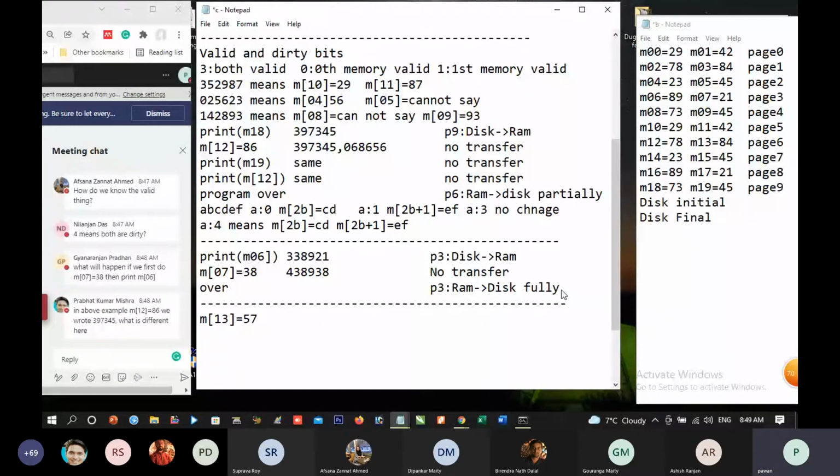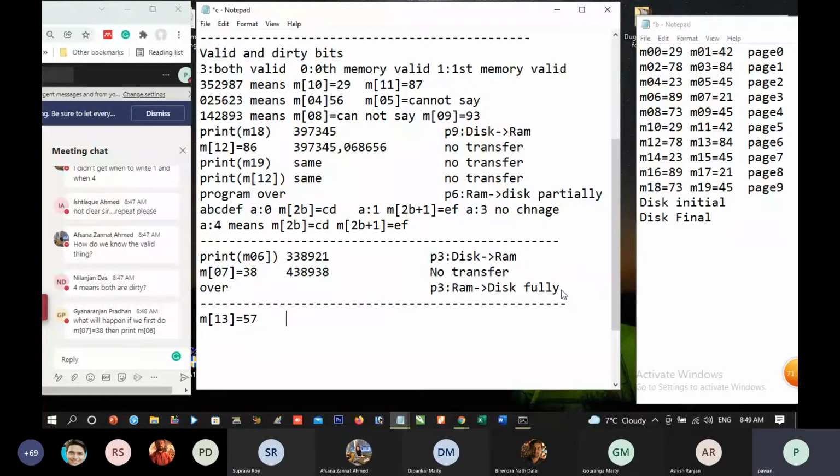Yes, let us see to this. Right, what will be done in this case? M13 equal to 57. M13 means page 6.